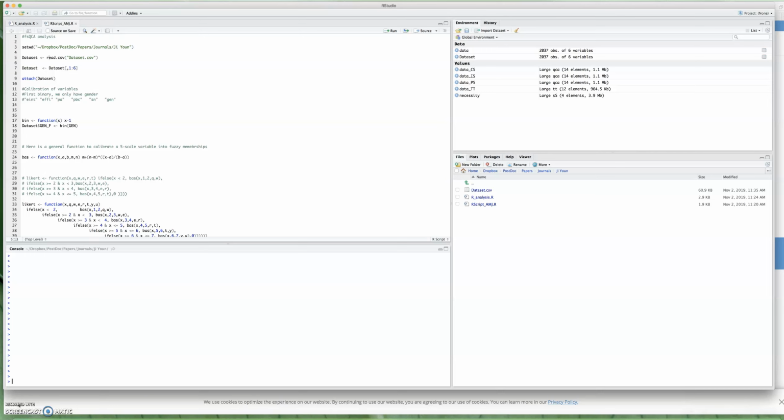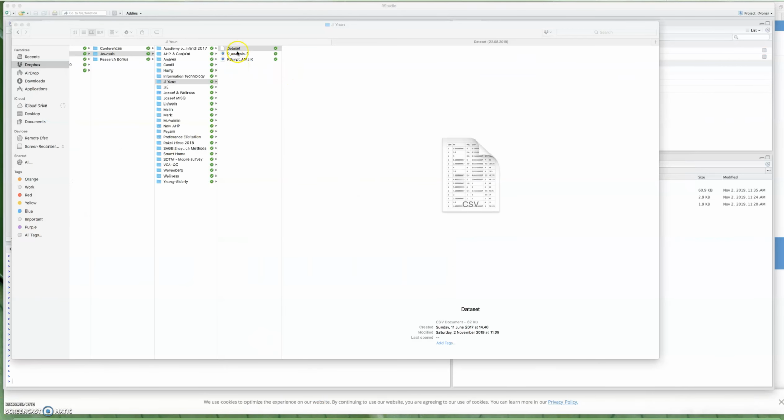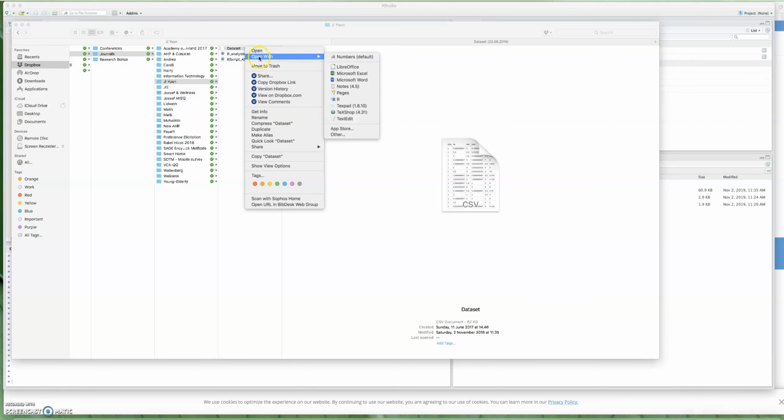I just wanted to record this video for you to show you how to use R for FSQ analysis. This is straightforward and very easy. I will also send you the two packages for R, but I'll show you how to use them here. First of all, the first thing you need to do is create a new